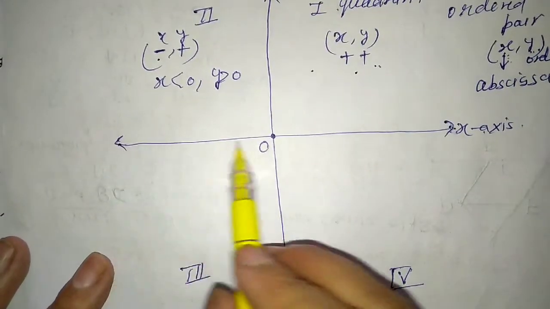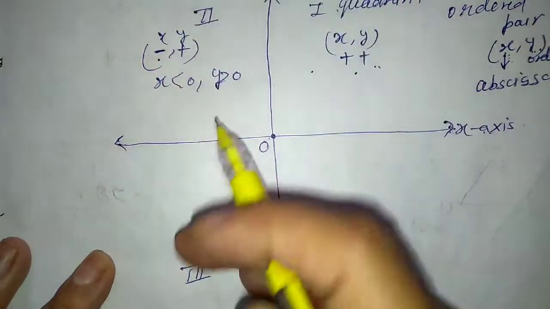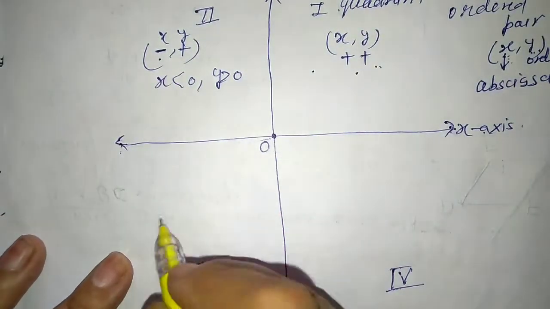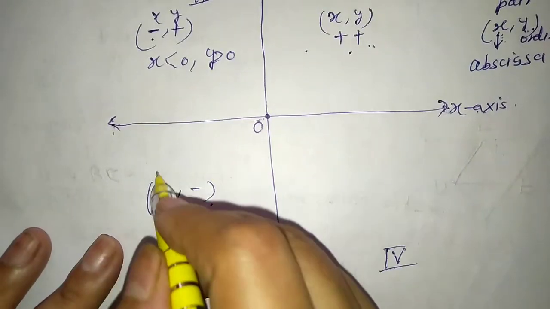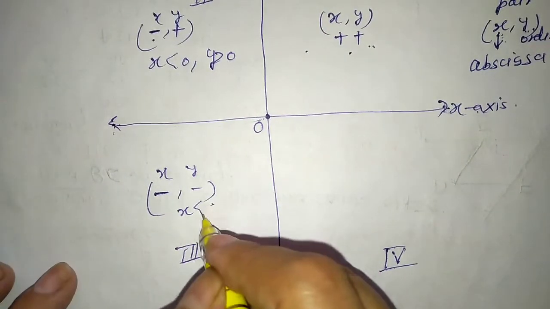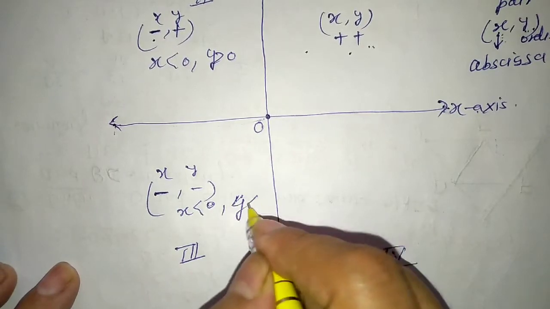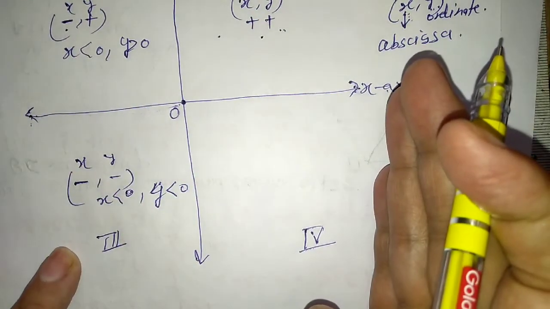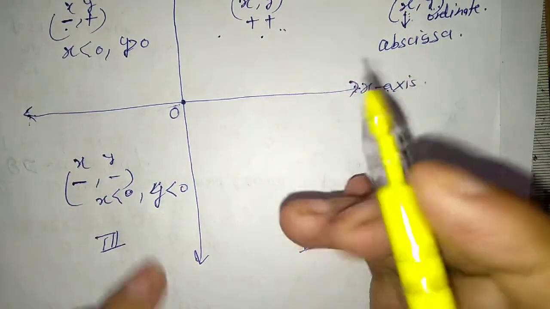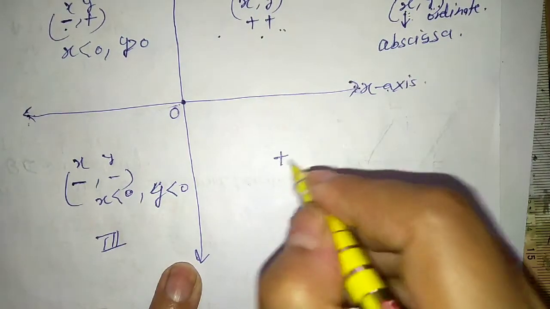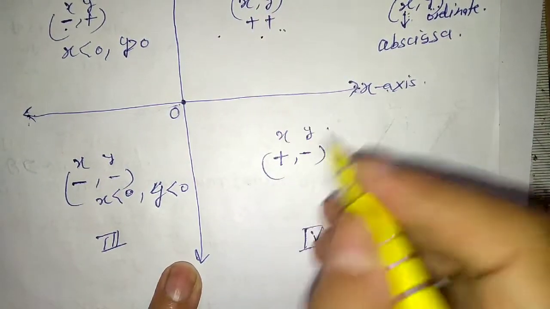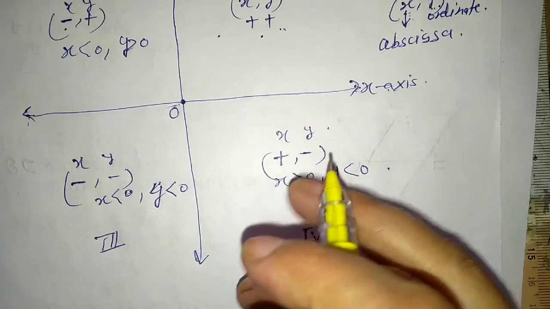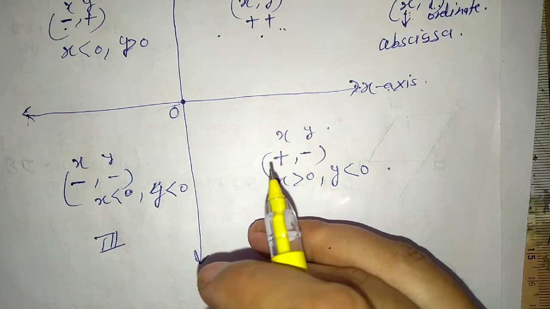Here is the third quadrant. Now we are coming to the third quadrant. x is on the same side as before but we have come to the opposite side of y, so here will be minus and minus. Both x and y will be less than 0. Now the fourth quadrant, we have come back to the first side of x, so here we will write x as positive and y as negative. So here x is greater than 0 and y is less than 0. So like this we have done it earlier in our ninth class.